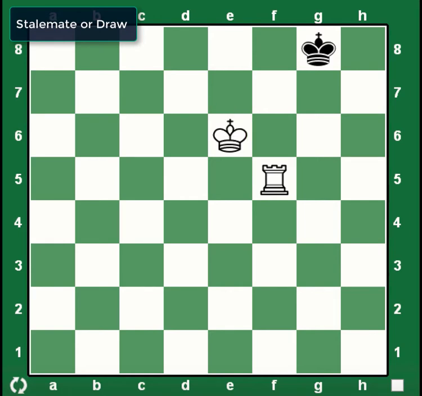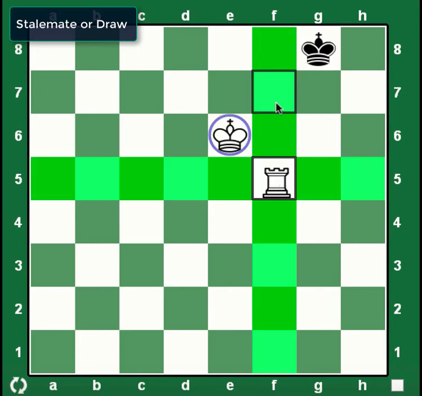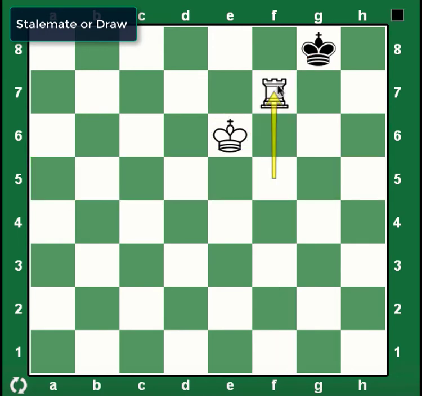Okay, so it's going to be white's turn. So let's say white moves rook to f7, and then the king's only move is h8,